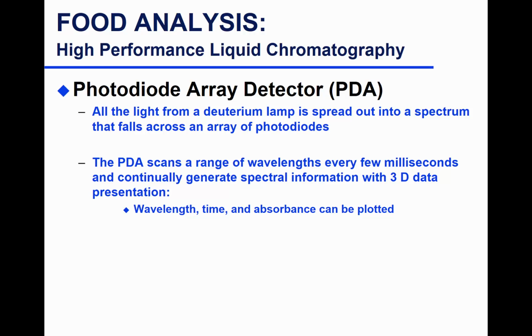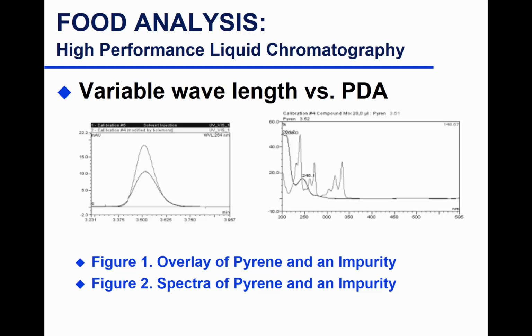And usually you get a scan every fraction of a second. So this will give you 3-dimensional data. You get the wavelength, you get the time, you get the absorbance, and you can plot and then select the wavelength where you get the highest absorbance to use to determine the areas. And once you've gotten the area at maximum absorbance, you use this to determine concentration in your beverages. So